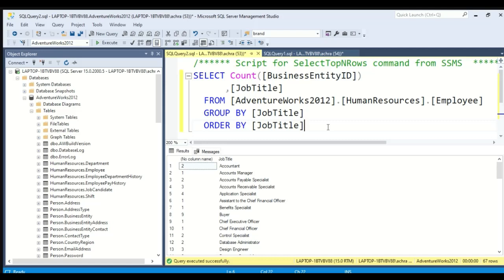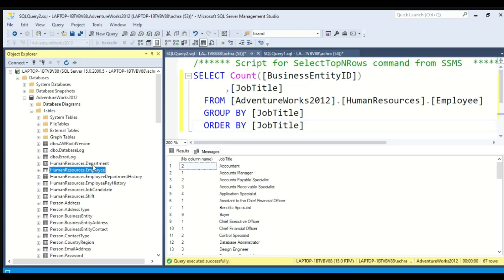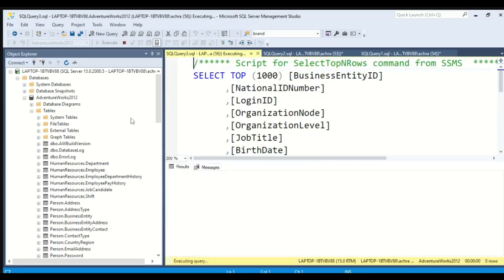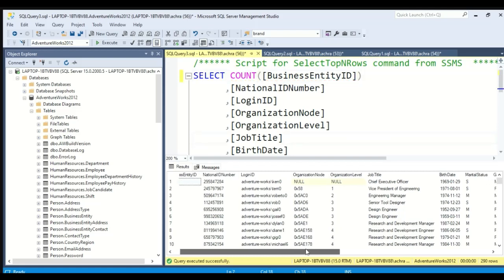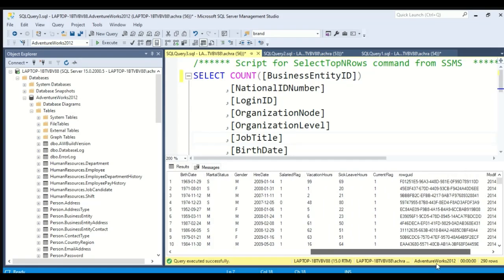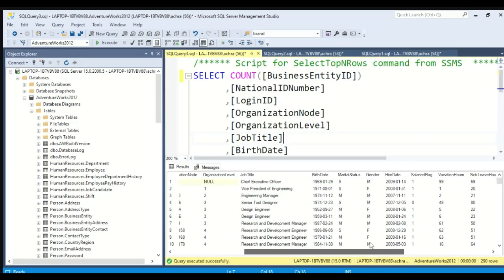So also we can use multiple columns, which means SQL group by count multiple columns. So let's use the same table. Let's see the number of the employees by job title, and let me see something meaningful that we can